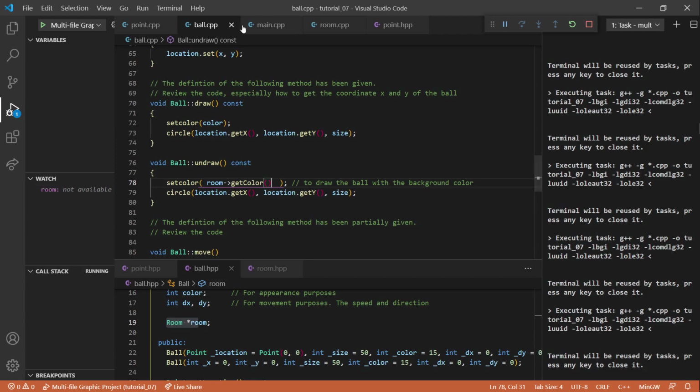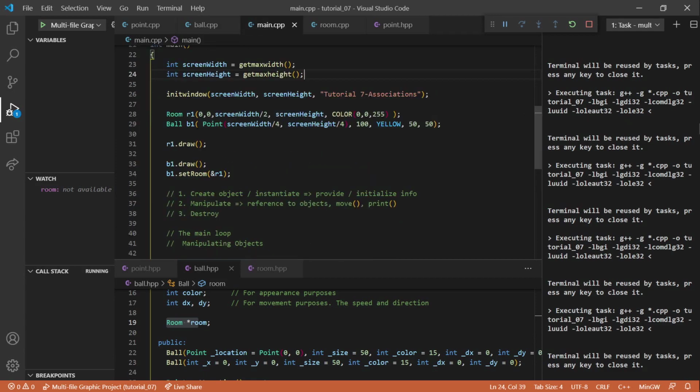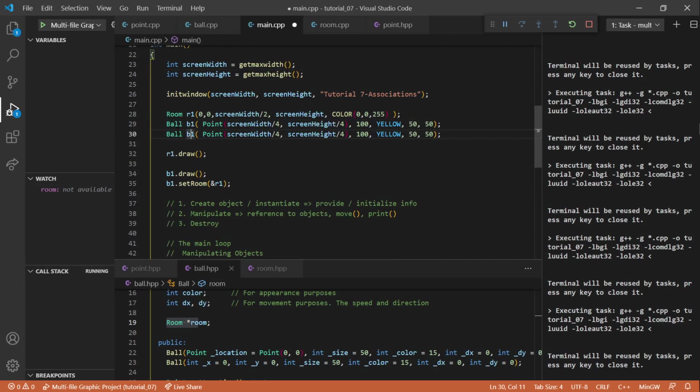In the main function here, we need to create another ball, which is B2. Let's say we start from the middle of the room, but now let's call this red, and this one is slightly slower. Let's make it like 10, or whatever here. And this is task number 9. I think we can go straight to task number 10. Create another ball,